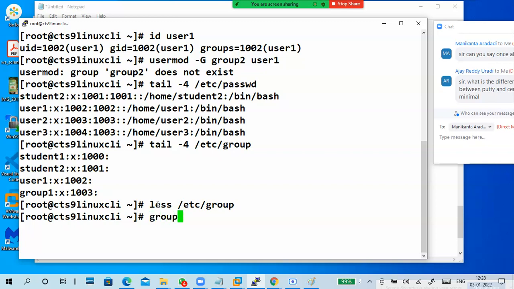So groupadd. Confirm the group is not existing. Group2 I want to add. groupadd, then the group name. Space is there, guys. Spaces are there. I added a group. How to know the group is added?